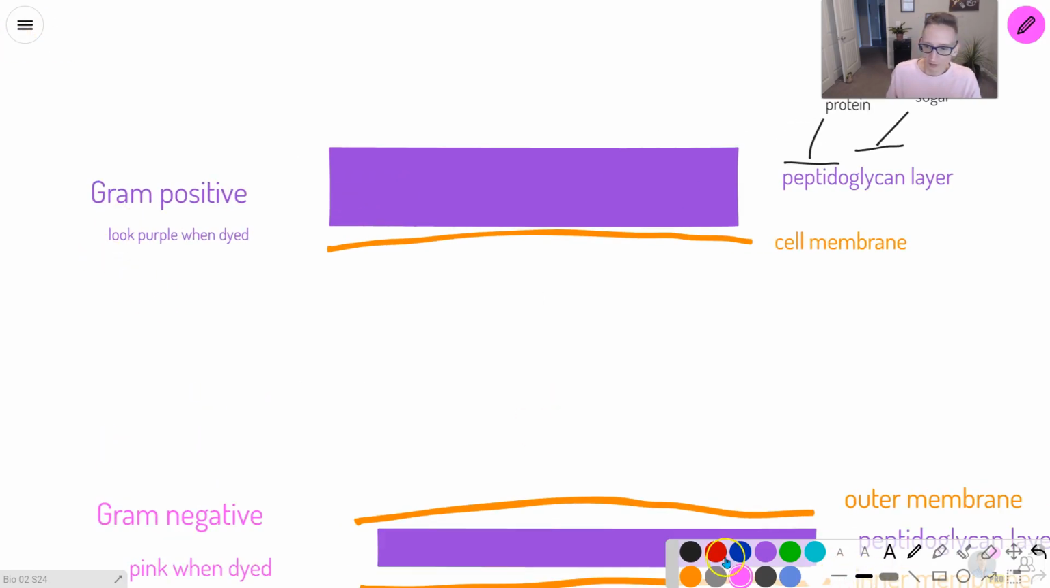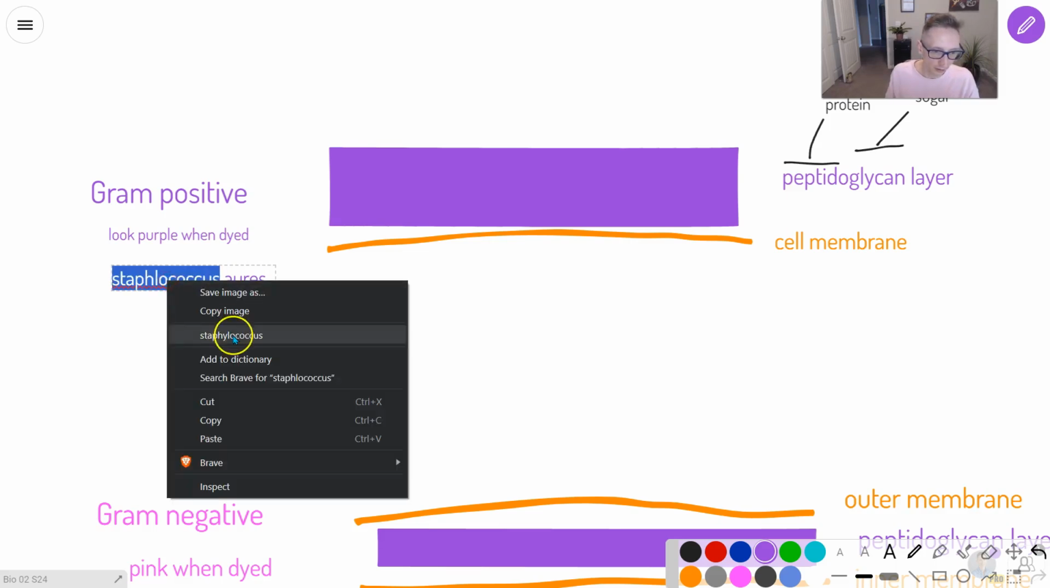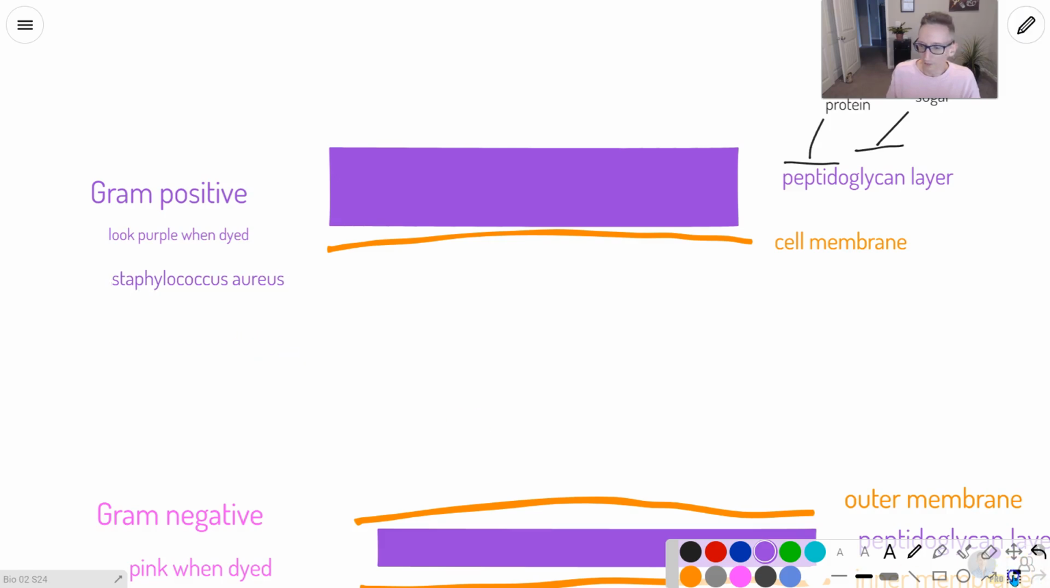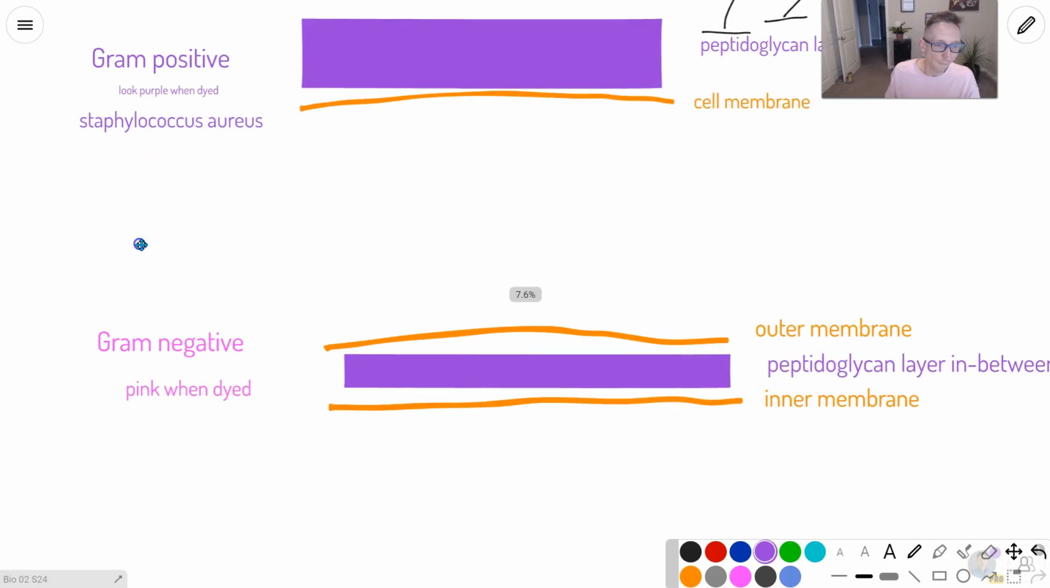Gram-positive, an example of this would be Staphylococcus aureus. This is a bacteria that lives all over your skin. Staph aureus, but you can get staph infections, and that's what they're talking about on your skin, is when your Staph aureus gets out of control. Staphylococcus aureus. And an example of gram-negative bacteria would be our fan favorite,